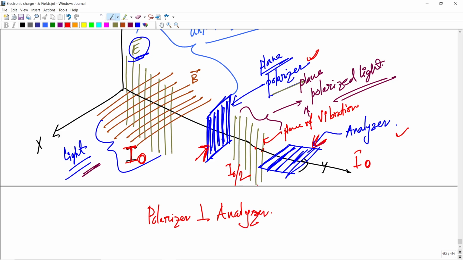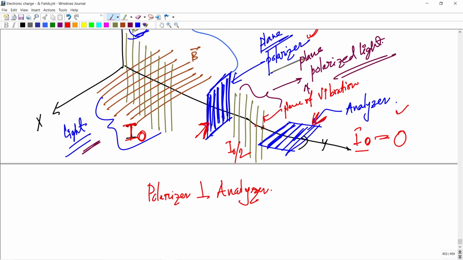Okay, polarizer and analyzer. The intensity here is zero because there is no light after the analyzer; it is totally blocked here. Clear the concept? So if I shift it a little bit here, the angle is not 90 degrees,